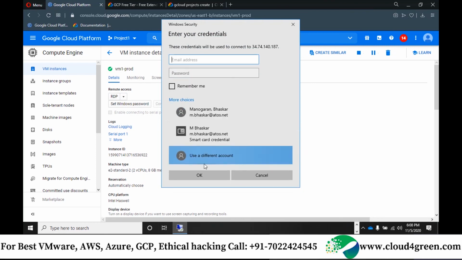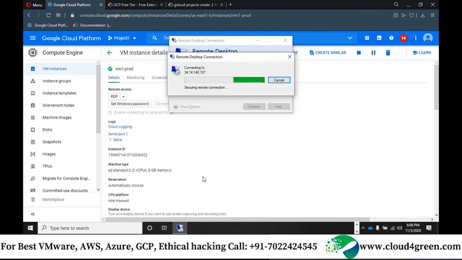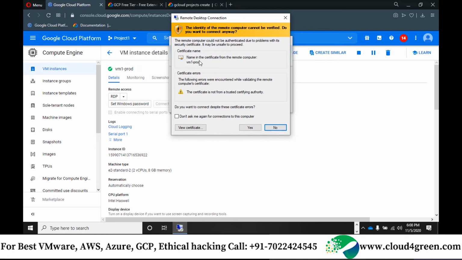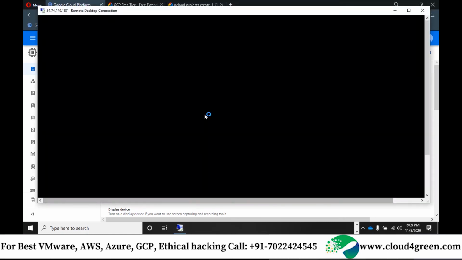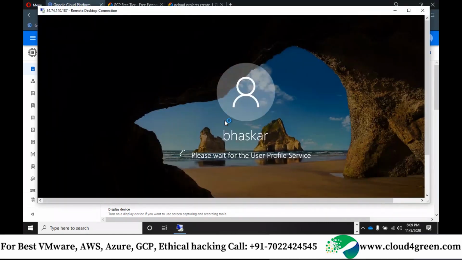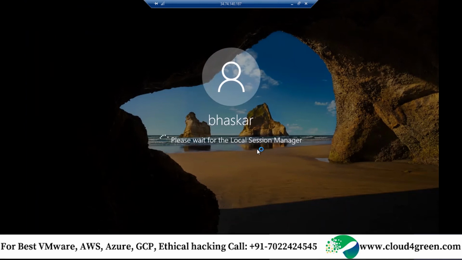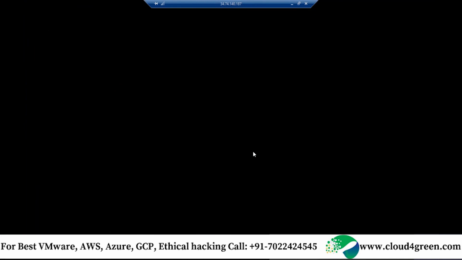More choices, click on use account. Here you can provide your username as your respective name and the password which you have copied. Now you see it is connecting to VM1 production. Now my Windows 2019 machine is loading.